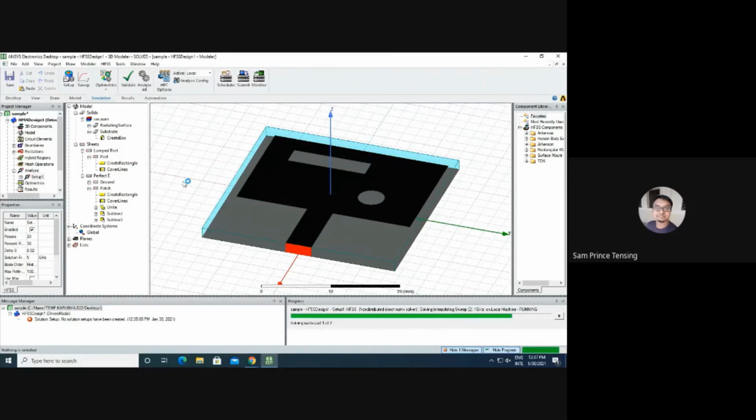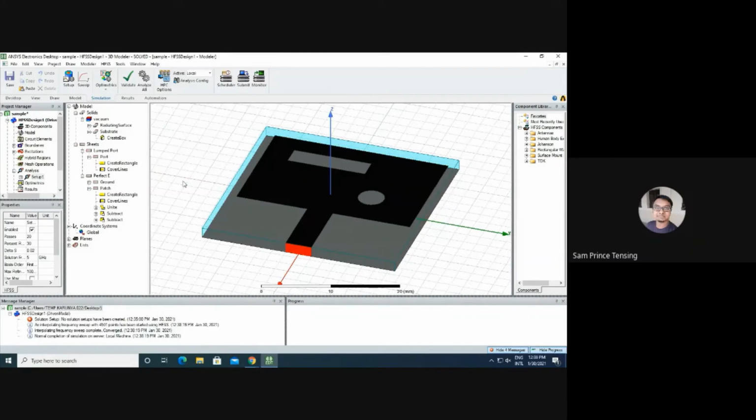Let's just wait for a few seconds. Yeah, our simulation is over. First we'll go for the S11 parameter.